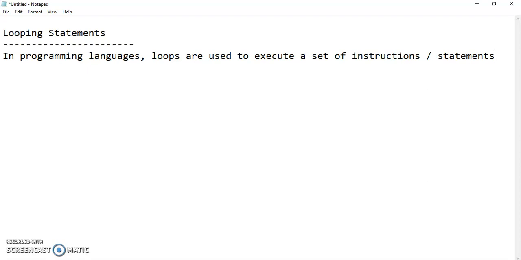Okay, or in programming languages, loops are used to execute a set of instructions or statements repeatedly when some conditions become true.